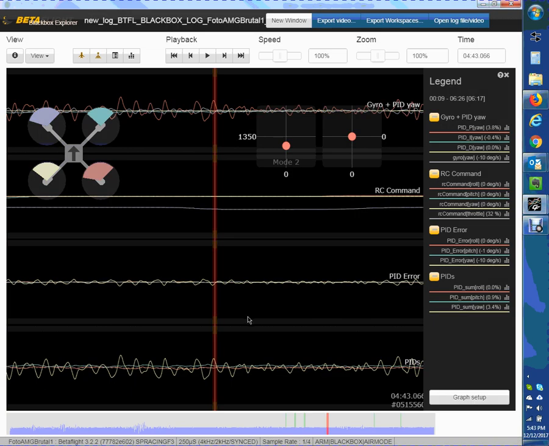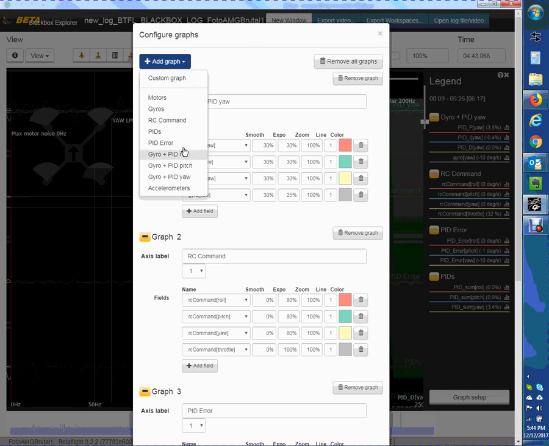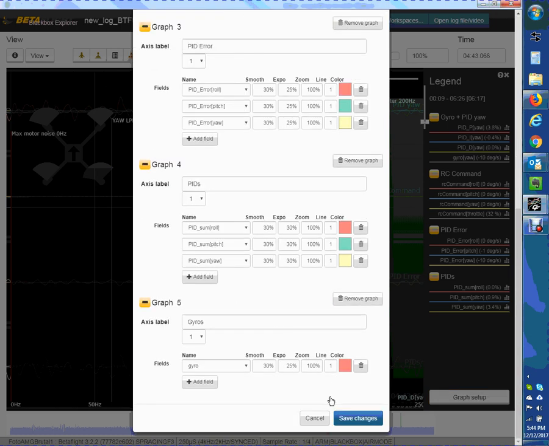I think the combination of the two. I would probably first try to lower the P term, and then if that still doesn't work, then I would try to push the filters back. If I was doing the filter thing, if I lowered the D term or the P term on yaw, and that didn't solve the problem, I would probably